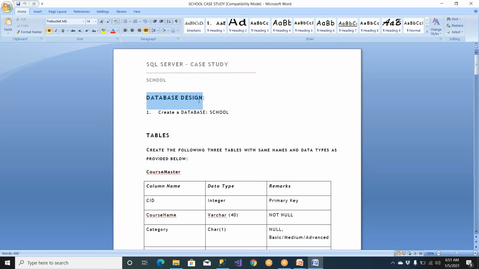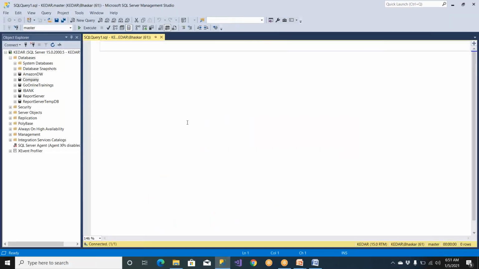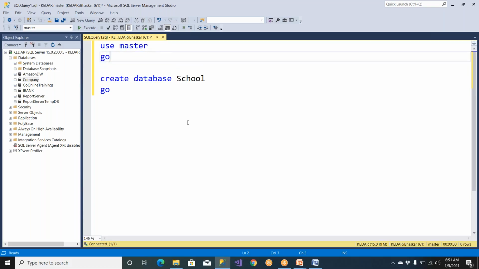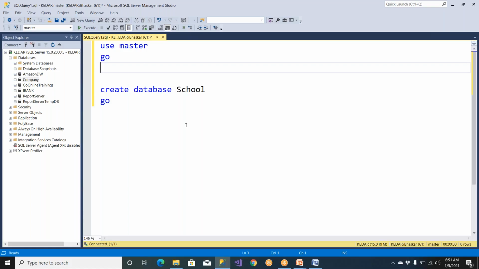So it is saying database design, create a database called school. So how to create a database? You go to SQL Server. Now, remember, whenever you create a database, you write create database and you give the database name, say go. Okay. So before doing that, you always say use master and go,